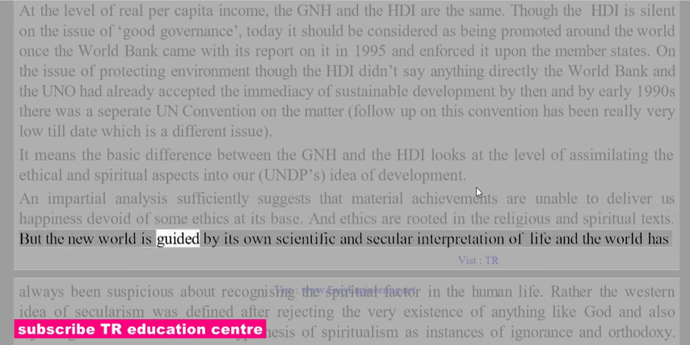But the new world is guided by its own scientific and secular interpretation of life, and the world has